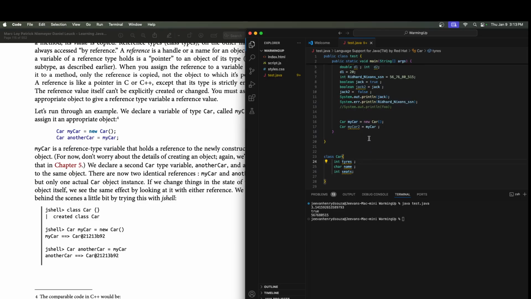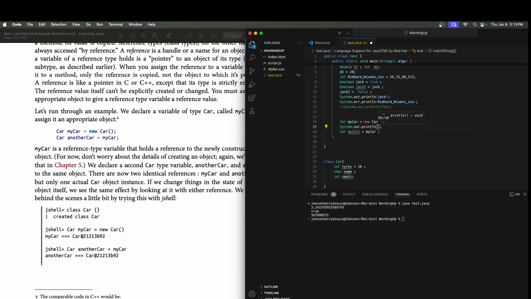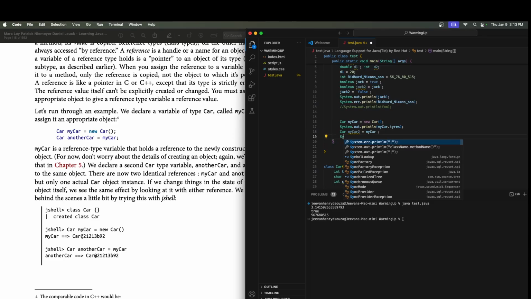So if I say this has some values, and I try to access that with a sys out of that variable, then